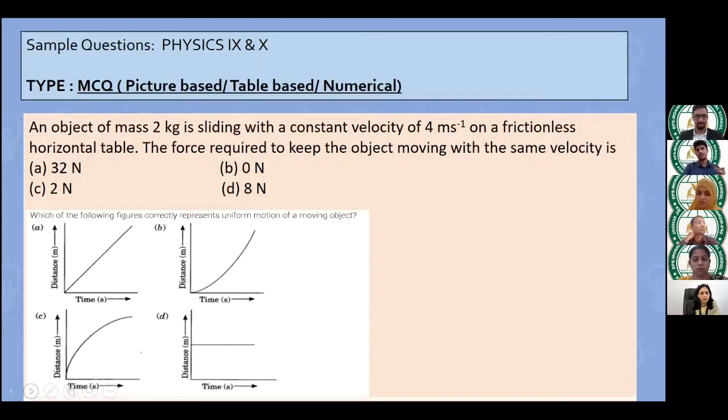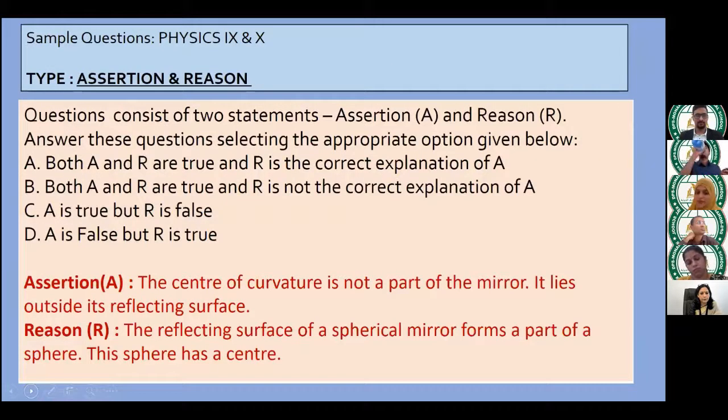MCQ can be picture based also. A graph can be given or a table. Questions can be reason, assertion and reasoning type also. As described earlier, an assertion, a statement will be given. Students have to read it carefully and read the reason, whether the reason is correct or not, and choose the